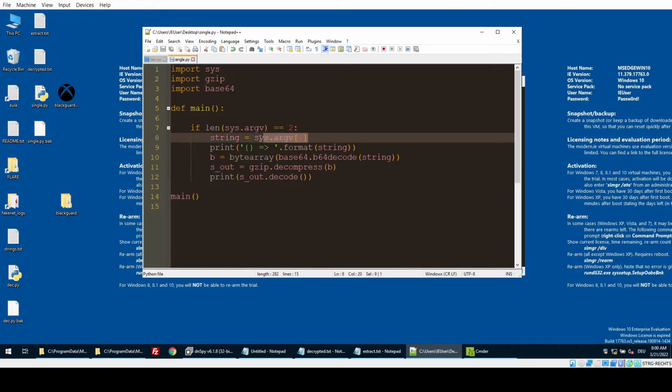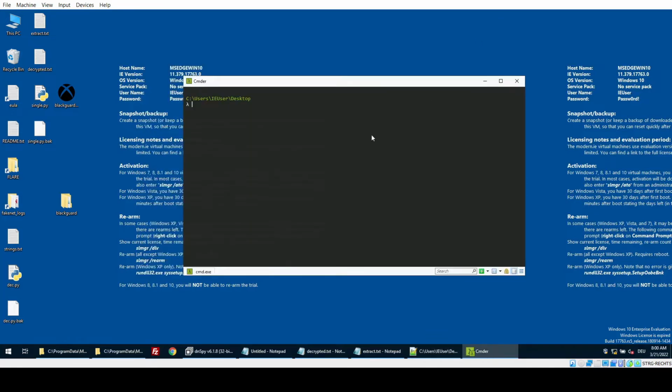If there are, we take the first argument, put it into string, output that, and eventually decode it and output the decoded output. So if we run this on one of the strings from the extracted strings, I called the program signal.py, we get something like this. It's going to give us what we sent into the program, then this little arrow, and then the decrypted string. So with that, we should have a little tool that we can use to make our way through the